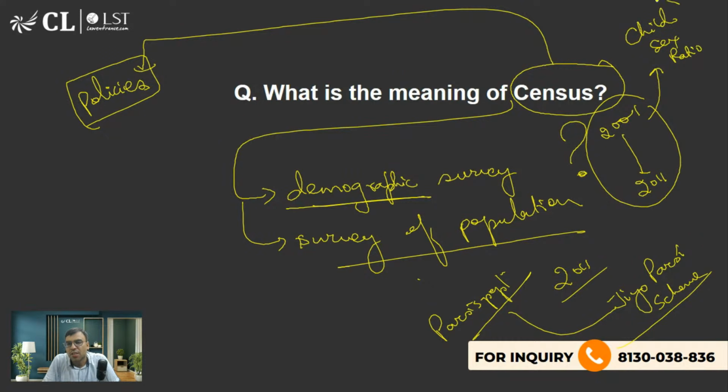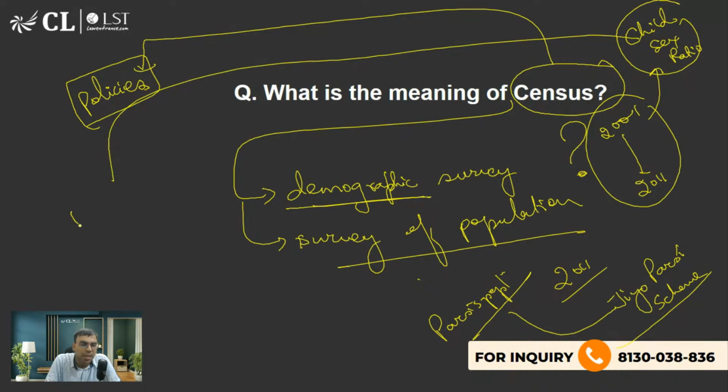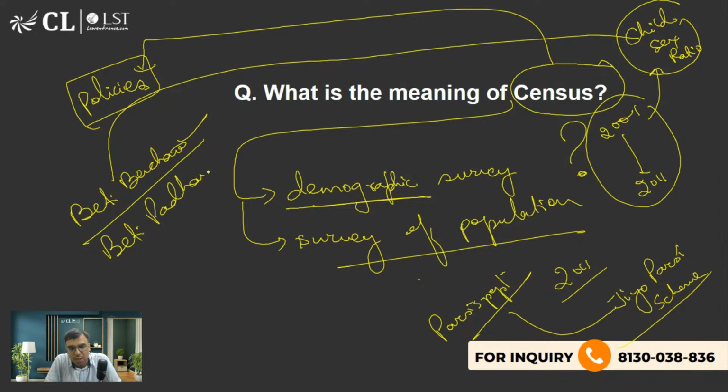And that is why which scheme was launched? Beti Bachao, Beti Padhao. Beti Bachao means we have to ensure that girls are protected from female foeticide. बेटी पढ़ाओ, यानी बच्चियों को ऐसा नहीं कि होता ना कि फोर्टिसाइड मतलब जब माँ के पेट में ही बच्ची रहती है, अल्ट्रासाउंड करा के जेंडर चेक करते हैं एंड देन दे किल. So these things, कहां से पता चलता है कि डेटा ऐसा हो गया? So we get to know from the census and accordingly the schemes are implemented.